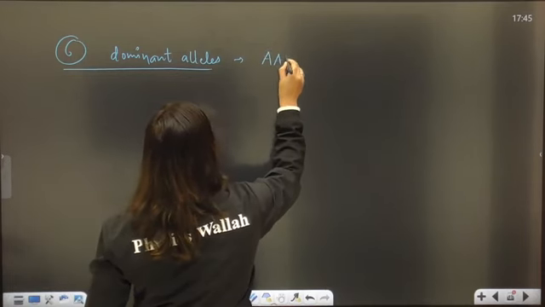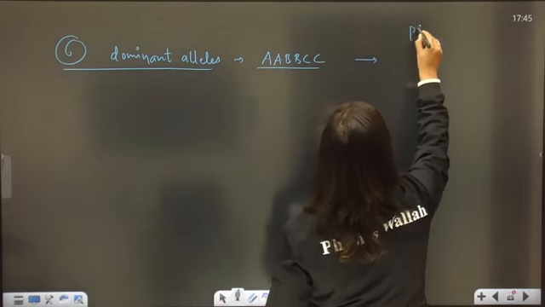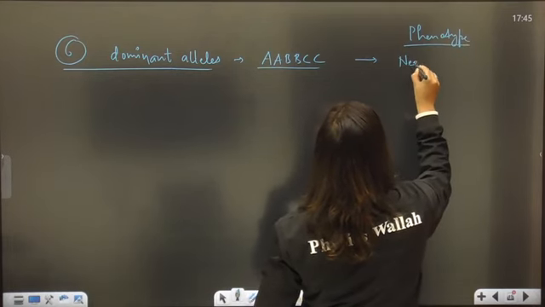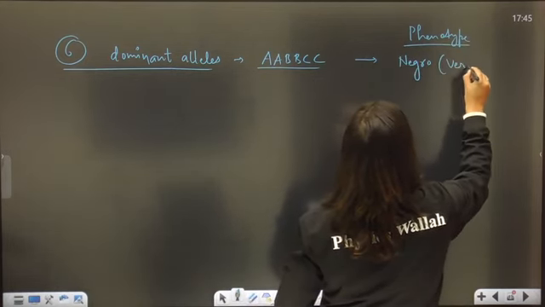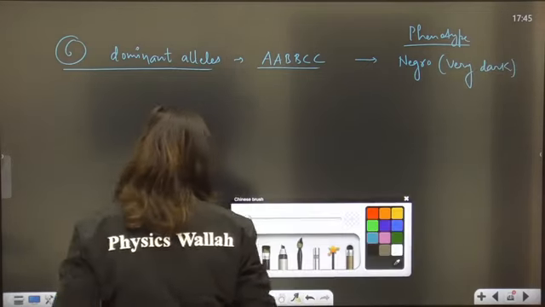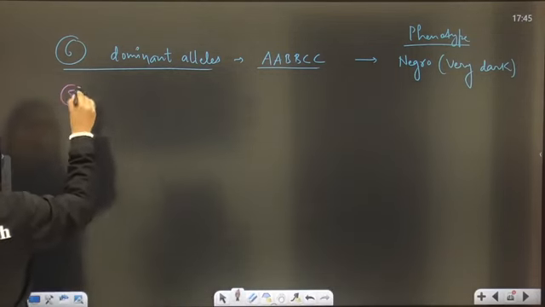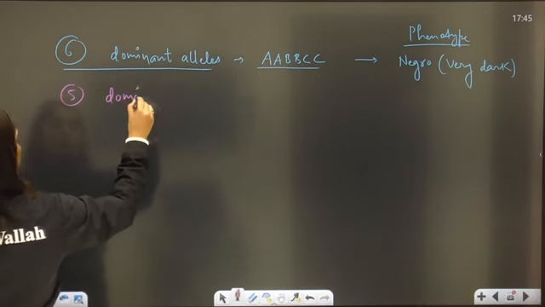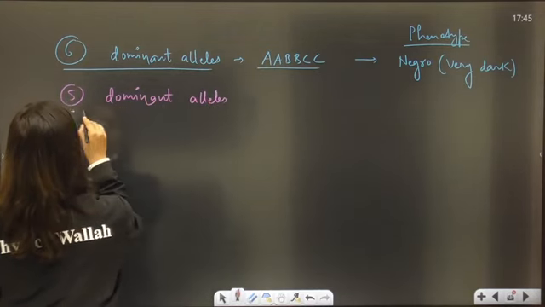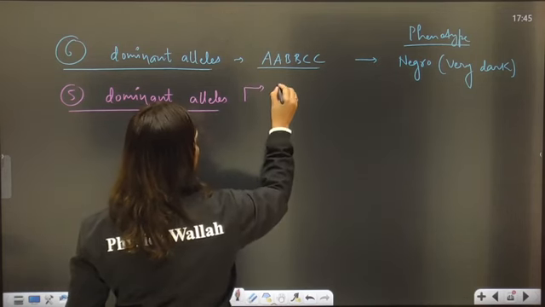That is A, B, B, right? And these individuals, the phenotype of these individuals would be Negro or very dark. Then if we reduce the number of dominant alleles, 5 dominant alleles, there can be various genotypes with 5 dominant, like